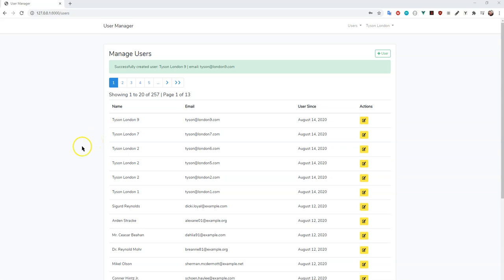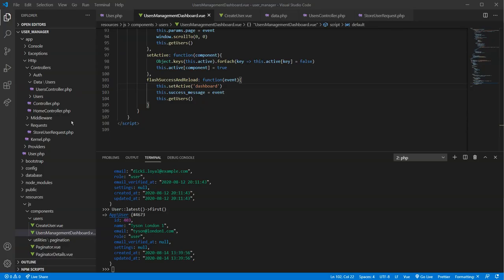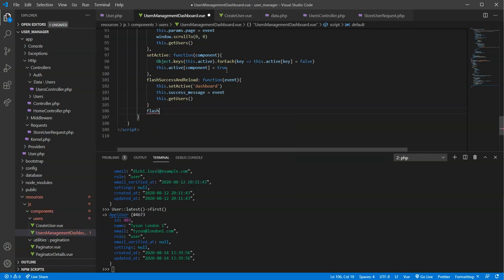Okay, let's take just a moment here and refactor some of our front-end code, as it particularly relates to the flashing of success. So let's say we'll create a method in here which is just going to be flash success. That's going to take a message. All right, and we need to put an apostrophe in there. And just like this here, it's going to take success. We have event there, but instead of being that, it's going to be message